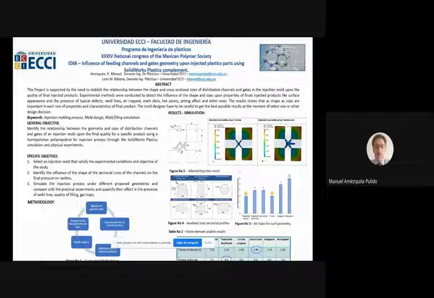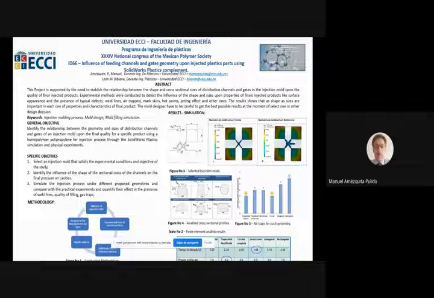characteristics of the final product. The mold designer has to be careful to get the best possible results at the moment of selecting one or another design decision. General objective: identify the relationship between the geometry and size distribution of channels and gate of an injection mold upon the final quality for a specific product using homopolymer polypropylene for injection processed through the SolidWorks Plastics simulation